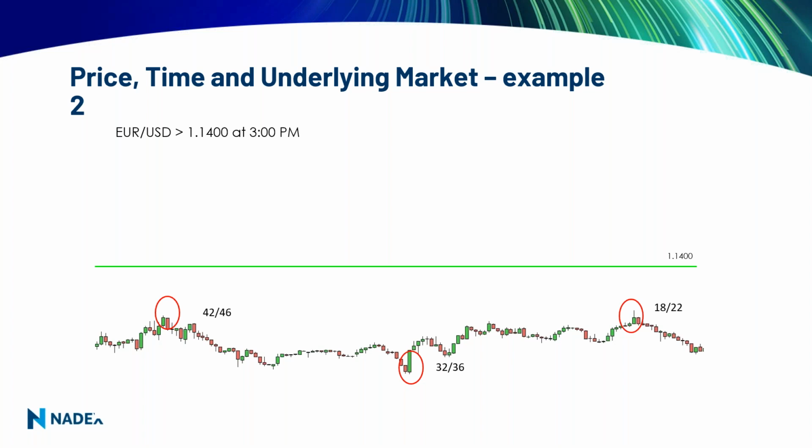But notice how towards the end of the day, it actually goes higher. The price of the Euro USD went up. It's gone up, but the price of the binary option actually went down. It went from 34% down to 20%. Now, why is that? Because now there is very little time left, and we are in a low volatility environment. The market just simply doesn't think it's going to spike up and finish above 1.14.